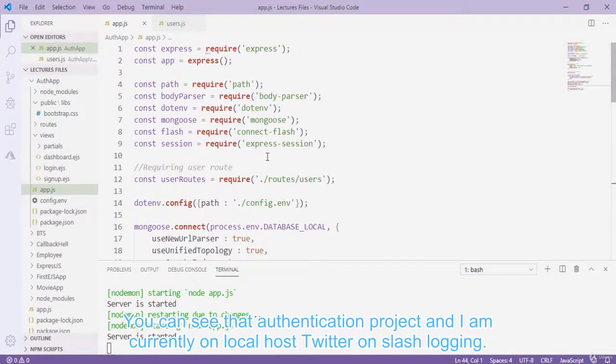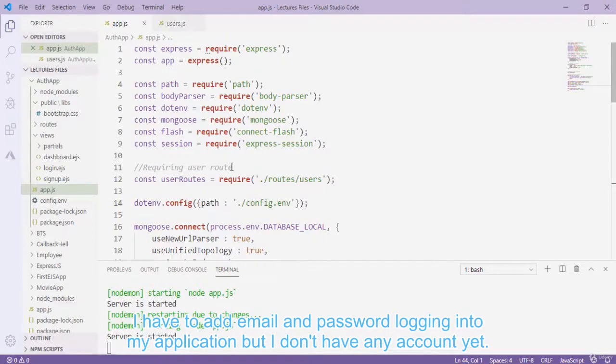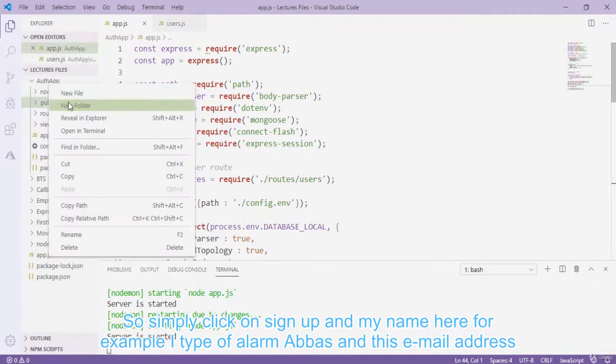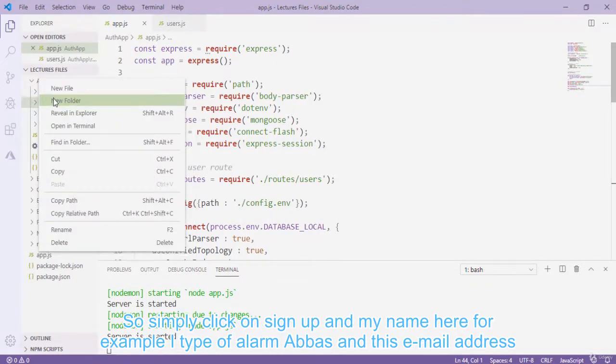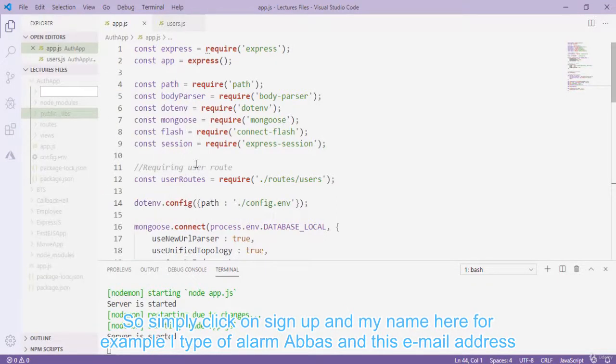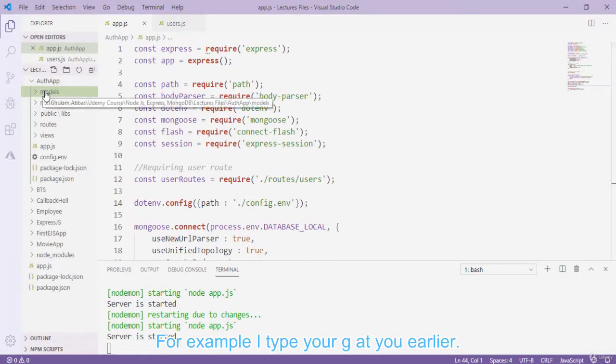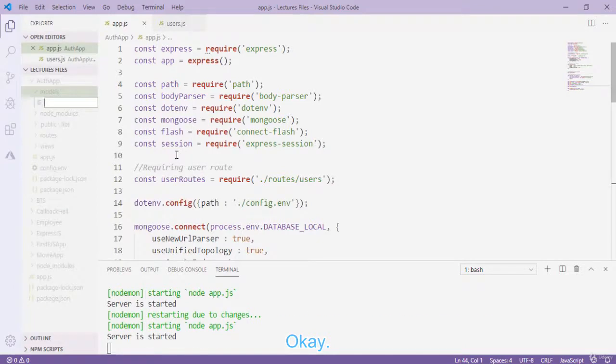First of all, we know that whenever we want to save data in database, we have to create a model. So I simply create a new folder here in the auth app with the name model or models. And in this folder I'm going to create a new file with the name user